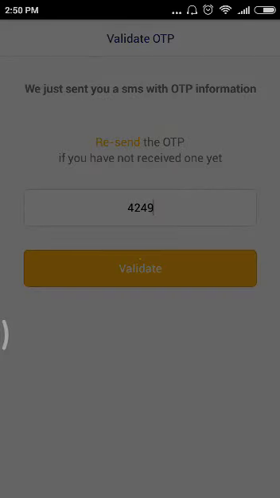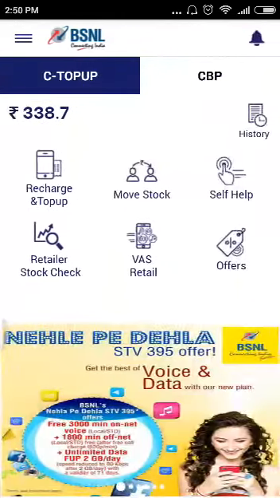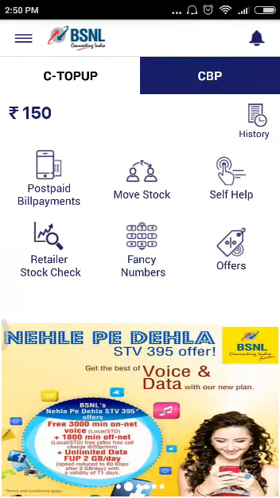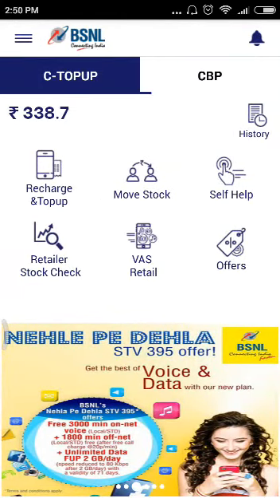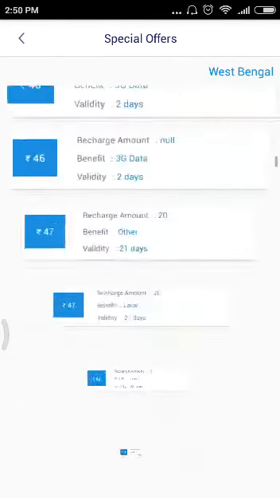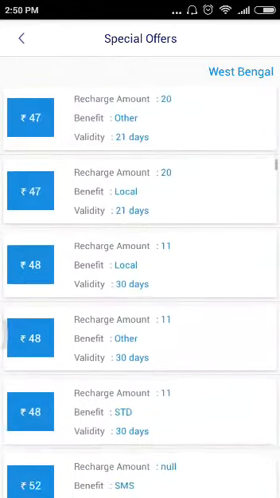This is a nice feature, that they are doing validation. Okay, let's see. Yes, look and feel is very nice. Over here the balance options are coming for both CVP and C Top Up. Now self-care offers are there.